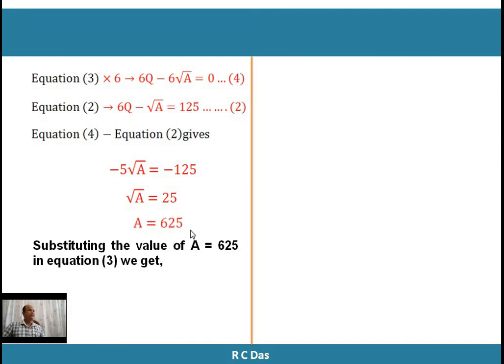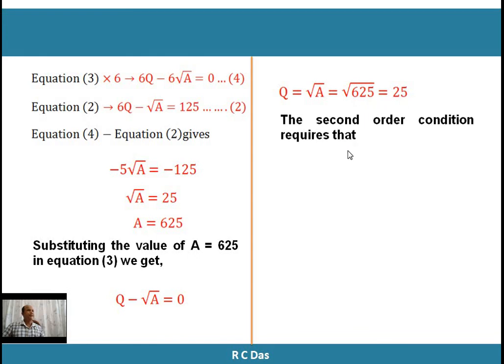This is the value of a. Substituting the value of a equal to 625 in equation 3, we get q minus root a equal to 0. So root a is root of 625, that is equal to 25. The second order condition requires that